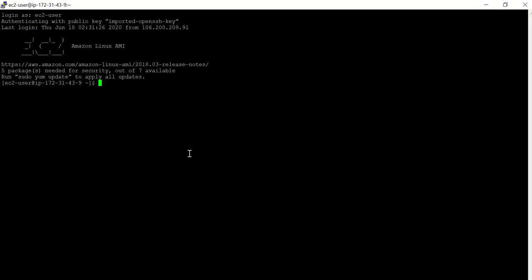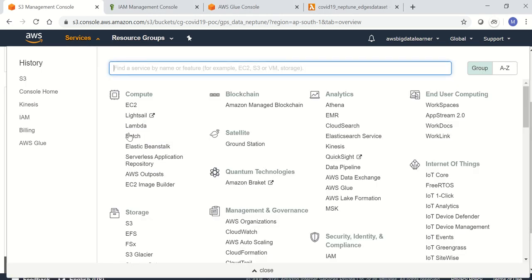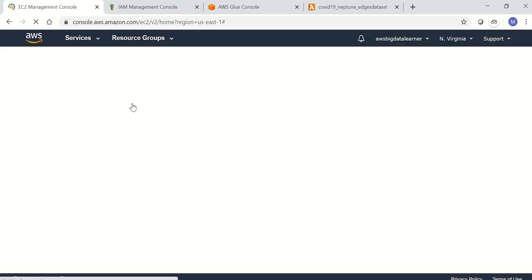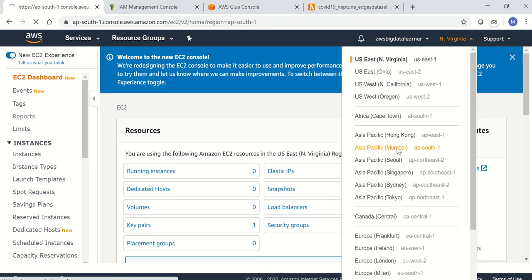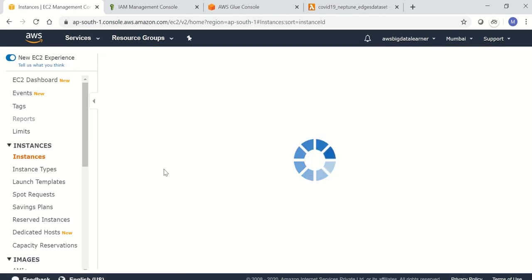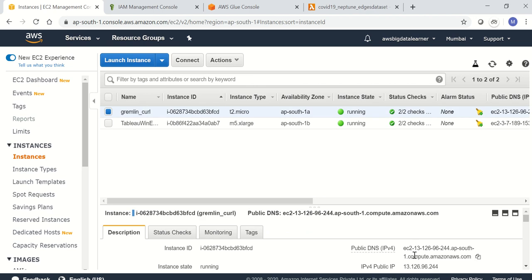The EC2 we have launched as a micro instance, in Mumbai region. Mumbai region is the region we have chosen for all the implementation. This is the instance that I'm connecting,